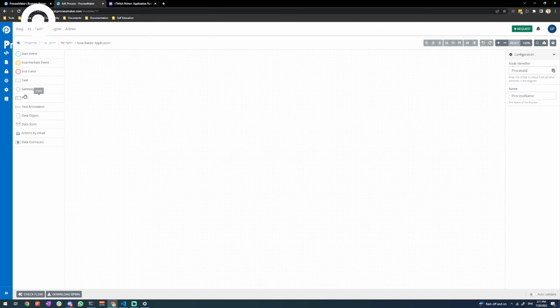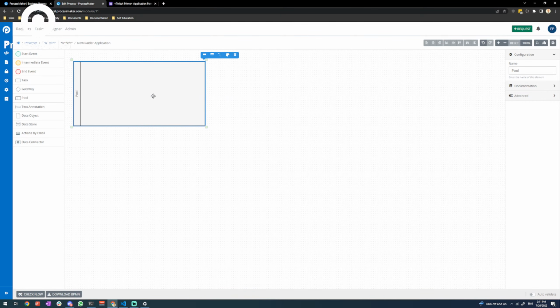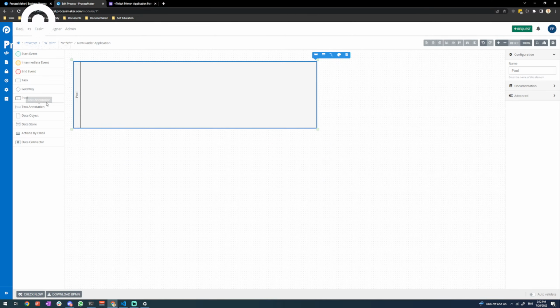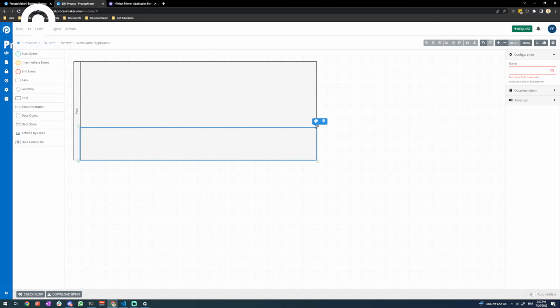So first thing I like to do when I build processes, because I like them to make sense, right? So I usually add a pool first. That's the very first thing I do, because, just a little tip and trick here, best practice. If you, I don't know what that is, timeout 5,000 exceeded. We can look into that later maybe. But sometimes it's just better to put your elements directly onto the pool, because it can impact what you can connect to, because we've got things like signal events and messages and stuff that can go in between pools. So it's a good idea, if you're just using pools, which you should be, to just start with that,